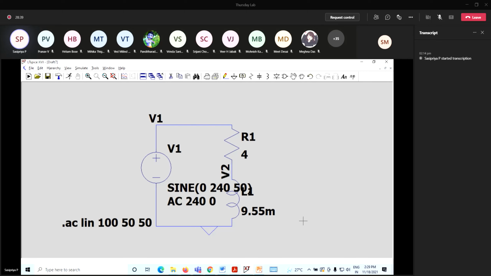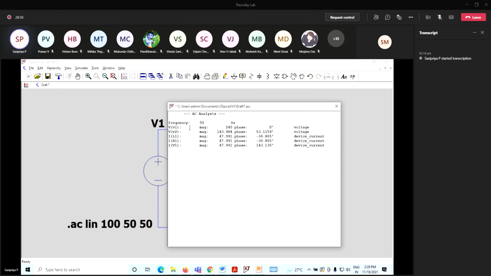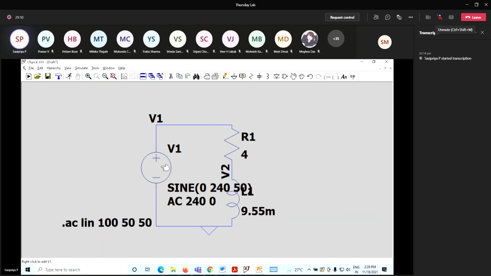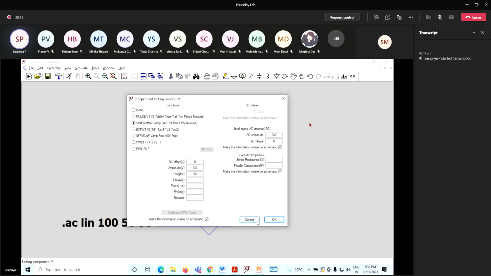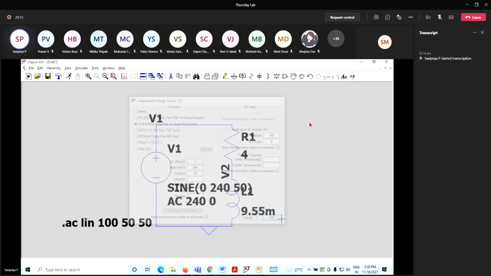Miss, how did you put that sine value and all, and that one tab which came for you? It's not coming. Which tab, ma'am? Where do we get that? This one, Miss. AC analysis. Are you asking about this window? No, ma'am. I was asking where do we get that sine value. Which sine value? Oh, the voltage sine function. Okay. So the voltage source, as usual, right click. There generally you may have an option.